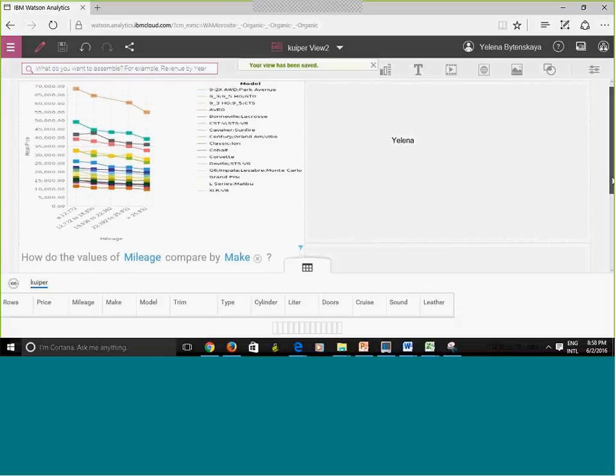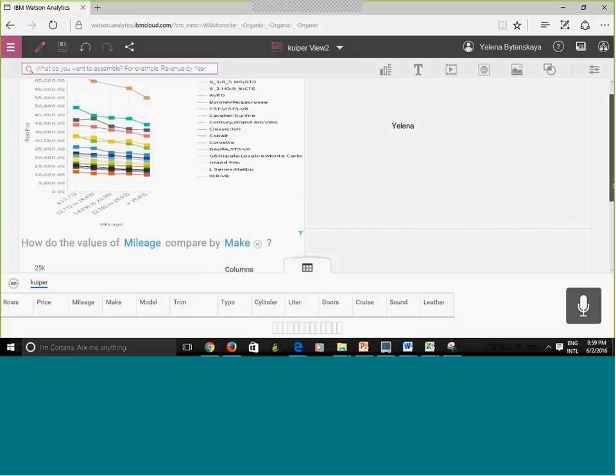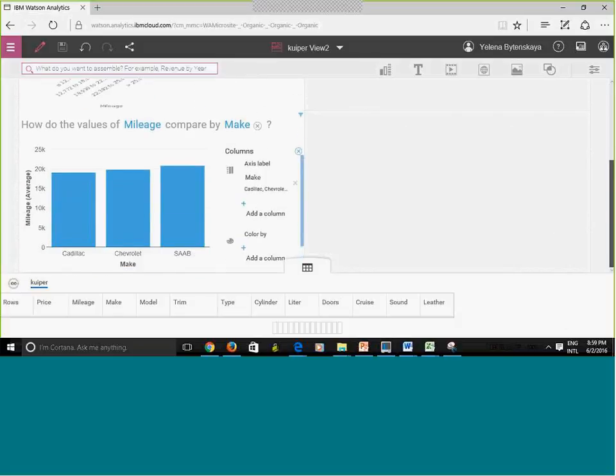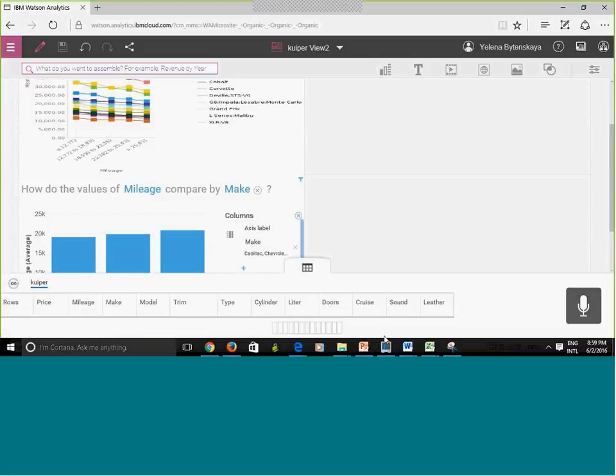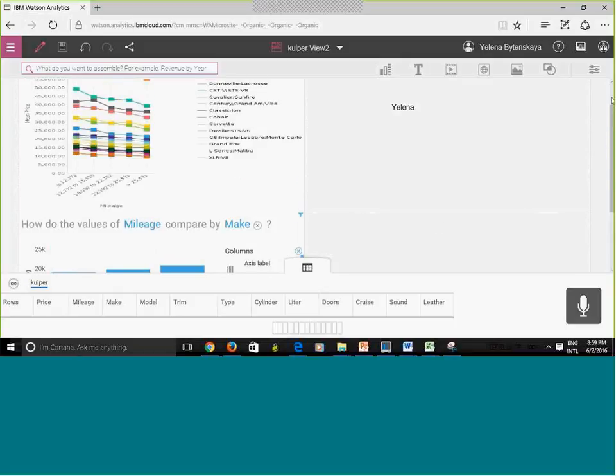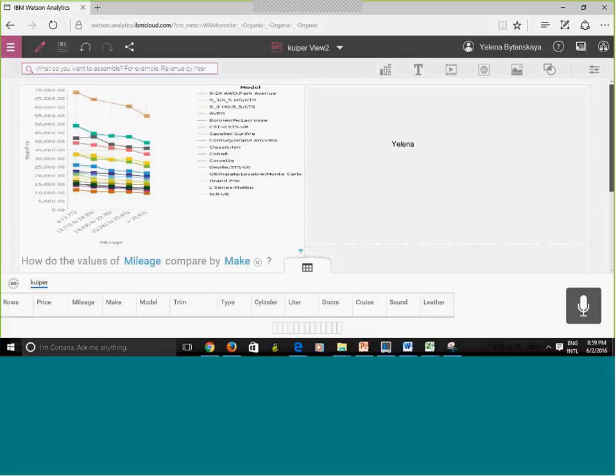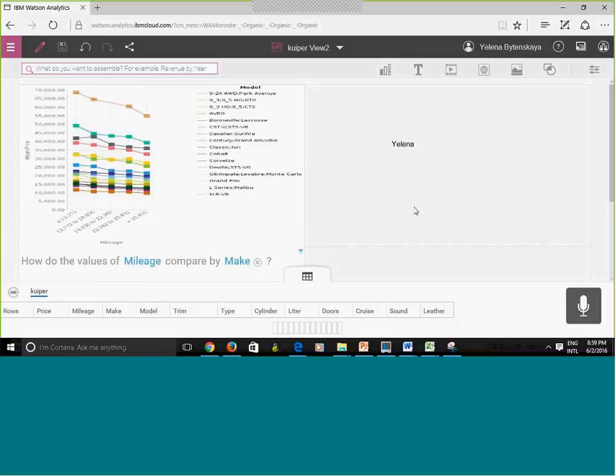Currently, it does not have an animation. What I could do is play it as an animation. To do this, you would need to create a slideshow. Currently, I created it just as a dashboard. I didn't create it as a slideshow. Okay, let me close this out.